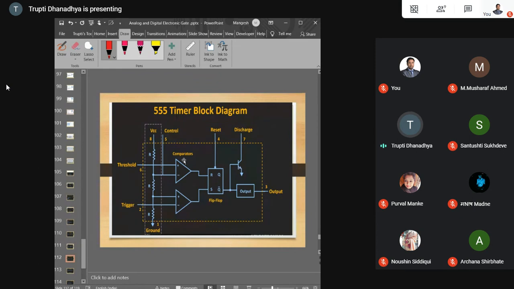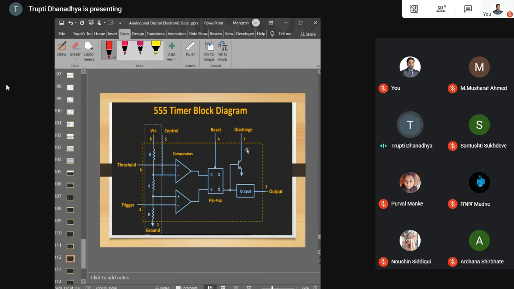Then next is your flip-flop circuit. Each and every timer, each and every IC, has memory cells provided in the IC. I already told you that in a sequential circuit diagram, we require memory cells. Those memory cells consist of flip-flops, registers, and counters, in combination with a combinational or logic circuit diagram. So here we use the flip-flop as a memory circuit.